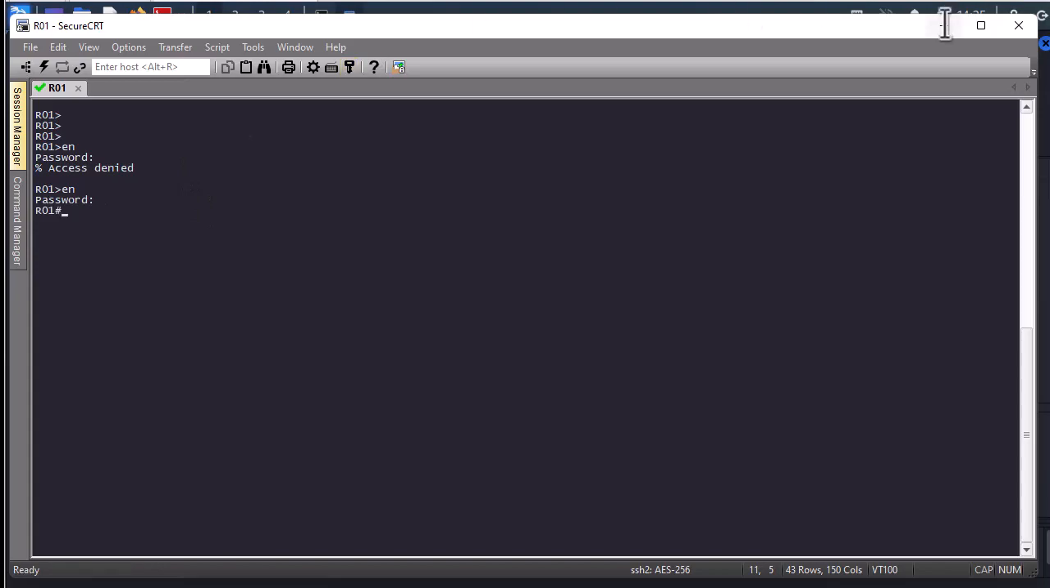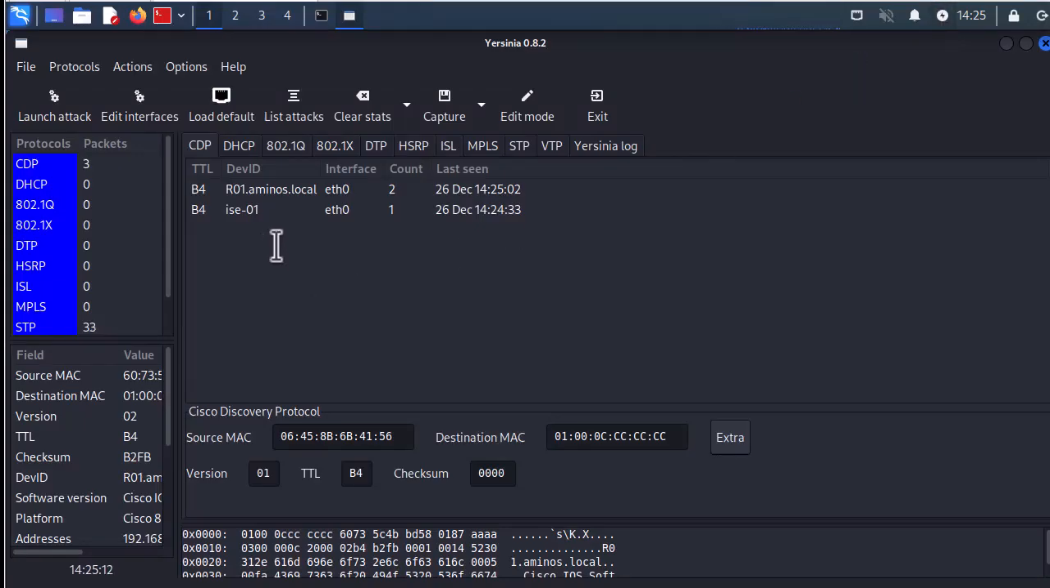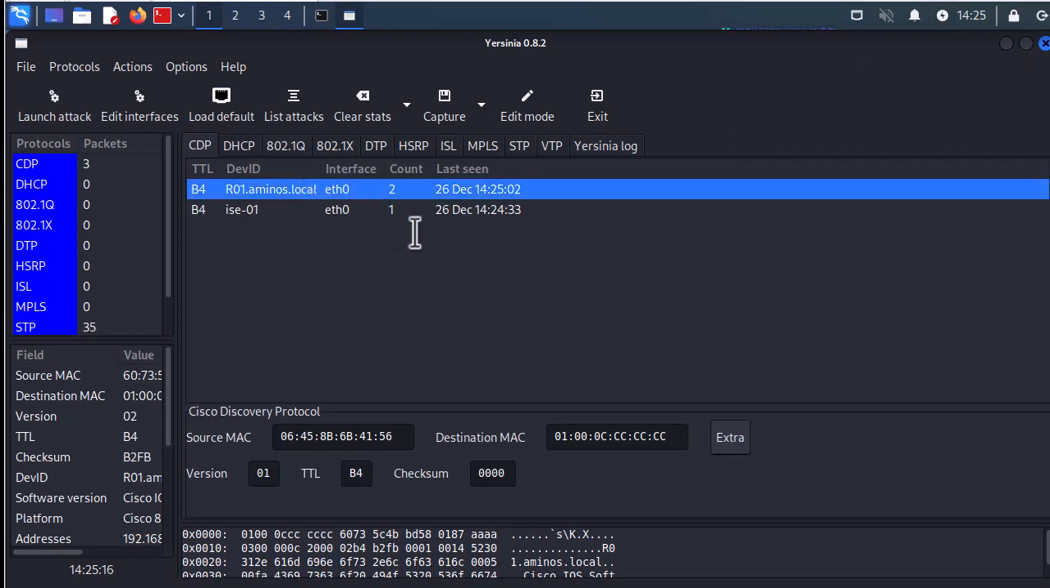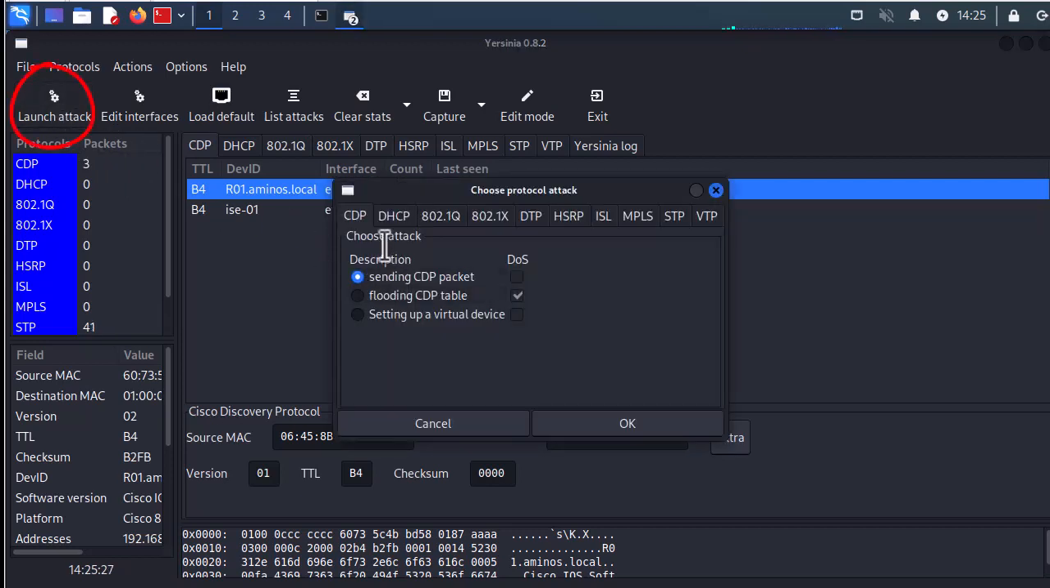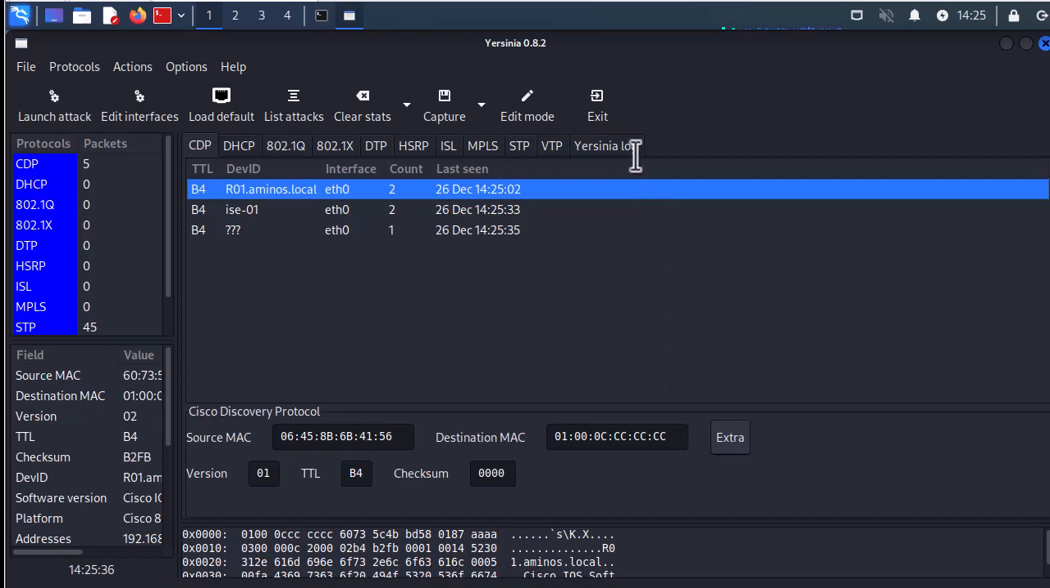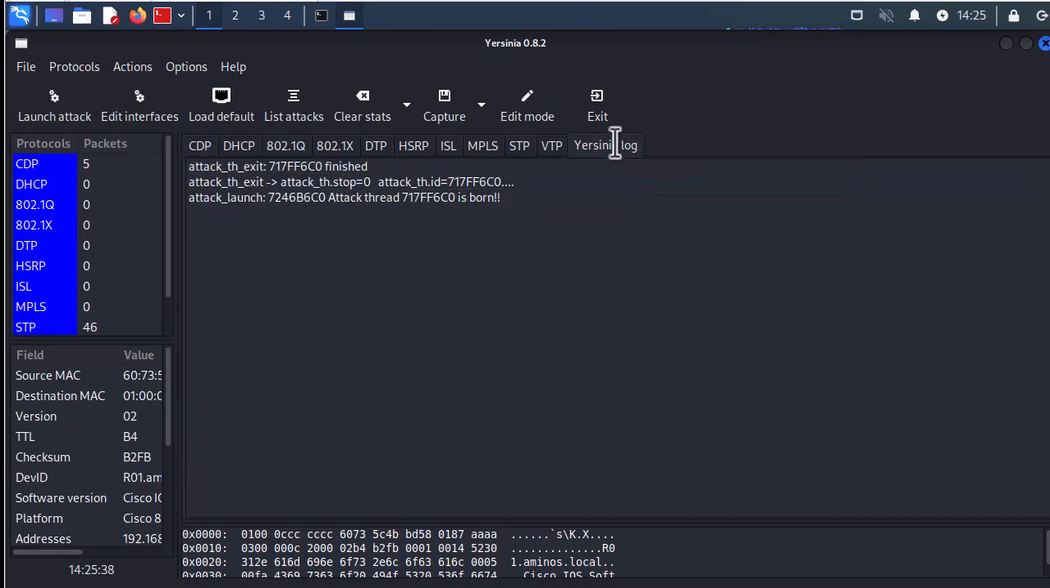Okay, here we go. So let's return back to Yersinia here. This is our router that we are going to launch the attack against. In order to perform this attack, I will go here to launch attack. First of all, let's send some CDP packets. So I will hit OK here, and I'm going to Yersinia, and you can see the attack here